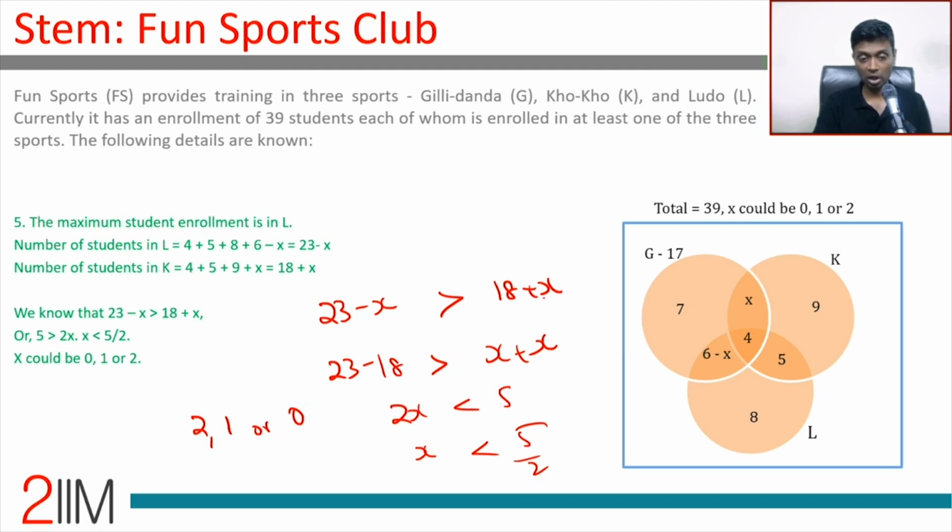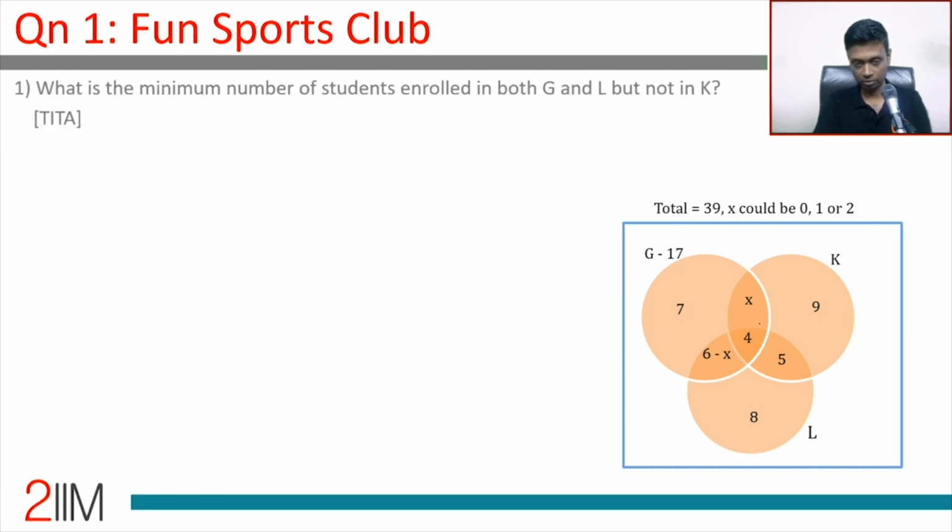Everything else we know, and we also know that X could be 0, 1, or 2. Keep that in mind. Now, beyond this, we cannot go with the set of constraints given. We filled quite a few numbers, and we have 2 open cells with 3 possibilities totally. Now let's jump in and solve these questions.